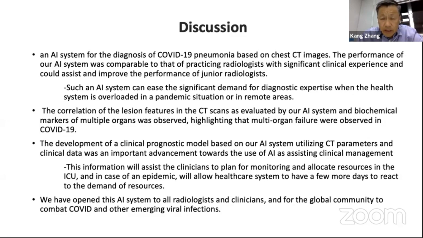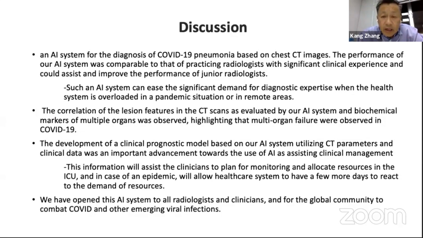I think this is a particularly good example and an important point for an AI system, especially for an emerging disease. For example, if we have another Ebola virus or another pneumonia virus, it is important for us to quickly build a system that can be applicable and can help the radiologists, even the senior radiologists who haven't seen this type of lesion, to quickly bring up to